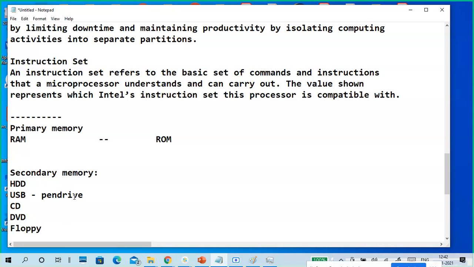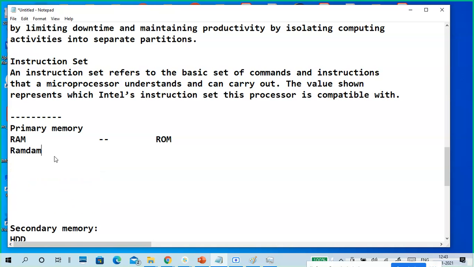It means where you store the data for a very long period of time, or permanent storage, or read and write data. We can remove the data, we can write it. Like an operating system we store, the application we store, or data we store for a longer period of time, or we can move the data also. But RAM is temporary data, so random access memory, and ROM is